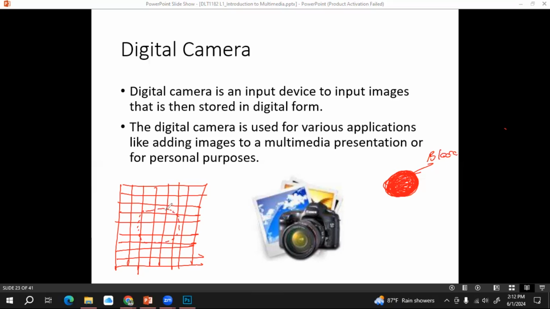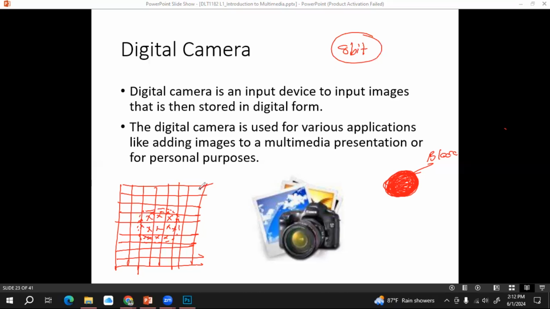Then these cameras will put some integer values inside these pixels, right? This camera will add integer values inside this grid. Let's say, for an example, this is an 8-bit image.